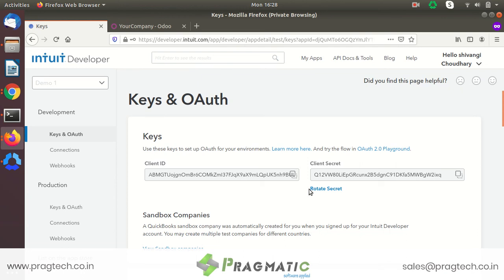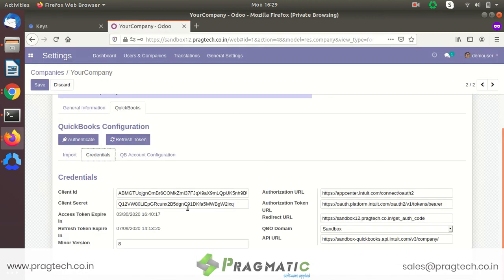But every app has a different client ID and client secret. From here, this is the button in the square form. When you click on this button, it will prompt a message that the client secret has been copied, and after copying it, you can paste it here. And similarly you will do it with the client ID, and